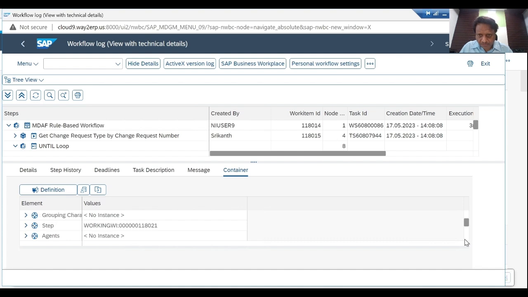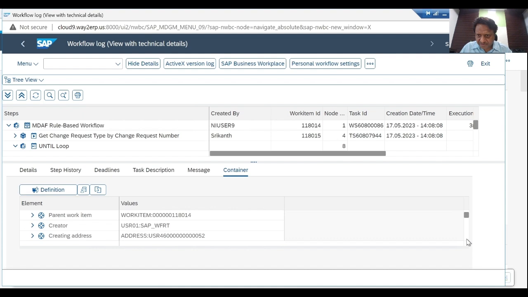So we get the step number, then the work ID which is created. I can further scroll down and then see the processing status, further scroll down. So if I need to determine what is the change request type, the system picks this up from the container. So using